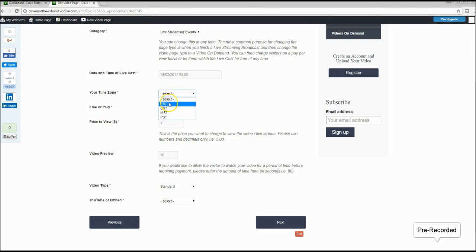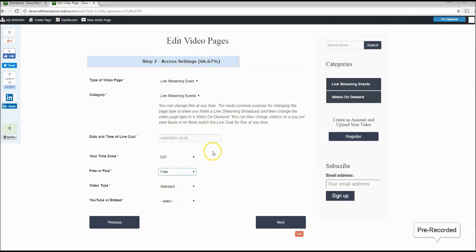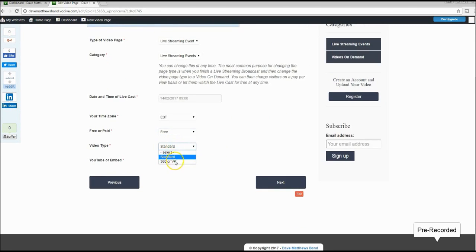We need to select a time zone, and we're going to go ahead and make this free. And you can actually live stream 360 or VR or standard. We'll keep it at standard. And now we need to select the source of our video live stream. We can do a YouTube URL, or we can do embed code if we're using Facebook Live or any other live streaming service. We'll go ahead and do YouTube,